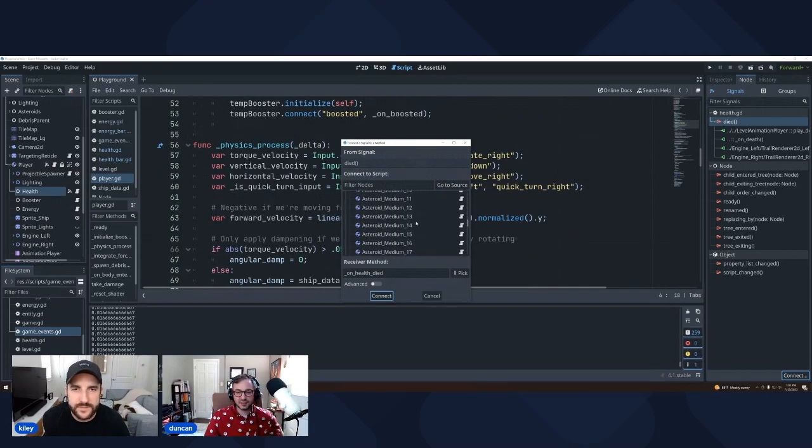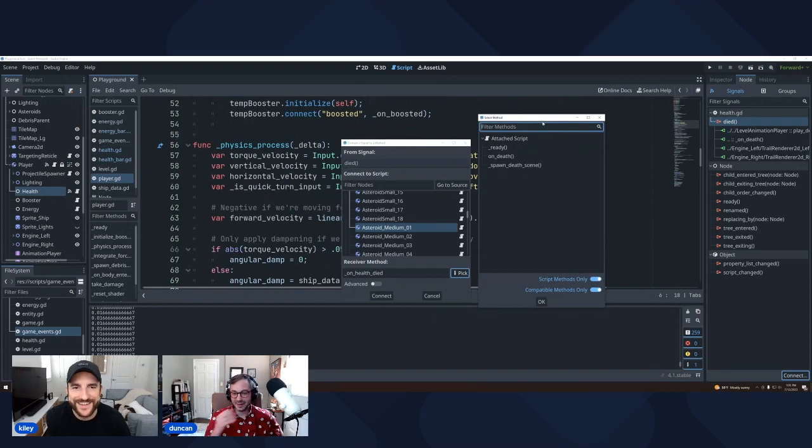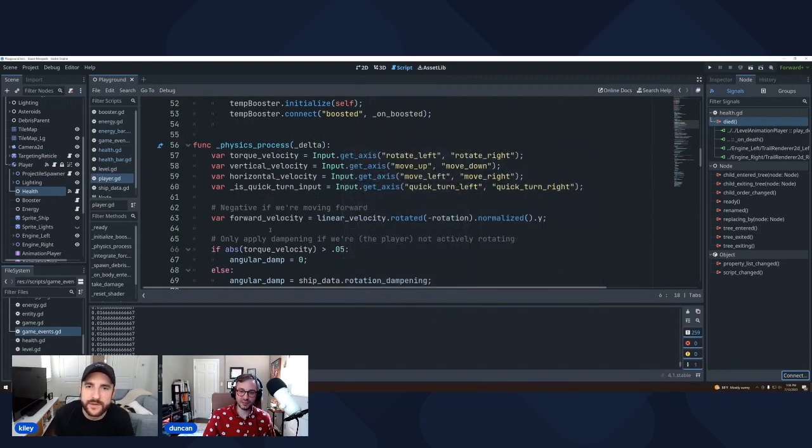And so, let's just say for a reason I want this asteroid to know that the player died, which is not something you'd ever need, but say it did. Here are all the functions on that. It has an entity script on it that just basically says I'm a thing in the world, and you can run into me. But here are all the functions that match the signature, which is nothing, right? So I could call any one of these things on that asteroid if I wanted to, and just hook it up through the UI.